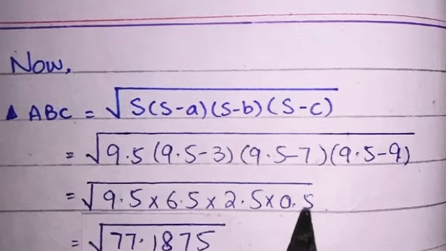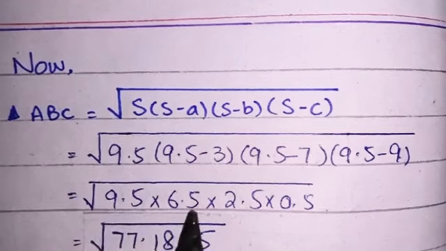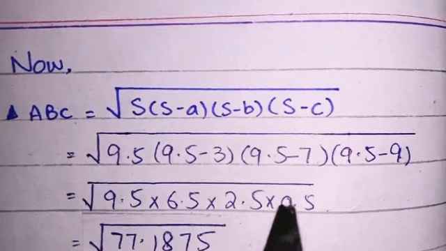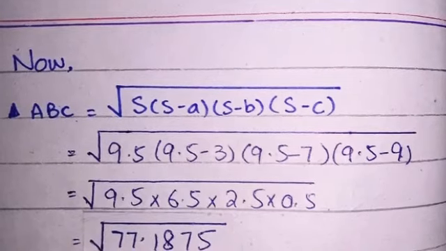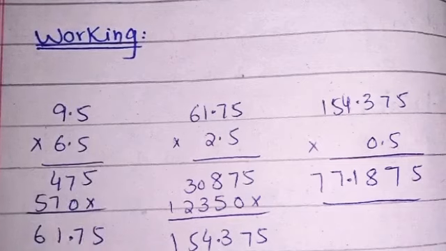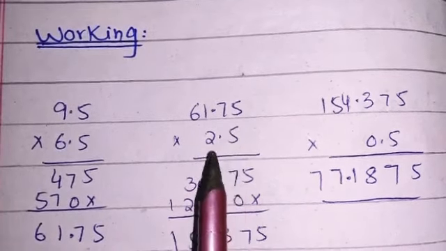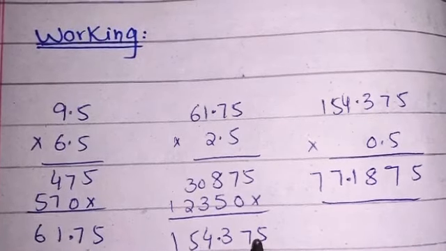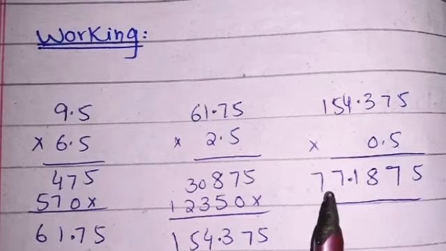Students, as you can see, all the numbers are decimal numbers, so we will multiply the first two numbers, then the product will multiply with the third number, and the product will multiply with the fourth number. So students, here is our working. When we multiply 9.5 into 6.5, we got our answer 61.75. When 61.75 is multiplied with 2.5, the answer is 154.375. When 154.375 is multiplied with 0.5, we got our answer, which is